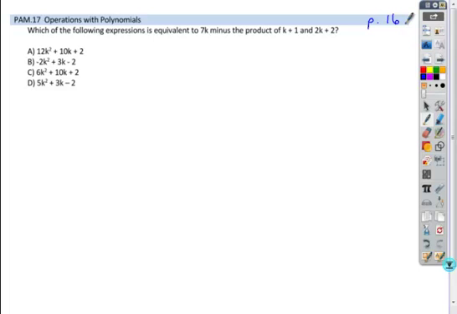So when I look at a problem like this, again, I scan the answer choices first. I see that this is just straight combining polynomials, combining terms, but I notice that all my first terms are different. So do I need to know what k or the constant is in this problem? All I need to know is what the k squared coefficient is. So it says 7k minus the product of k plus 1 times 2k plus 2. What I know is my k squared, I only have to FOIL the first part,